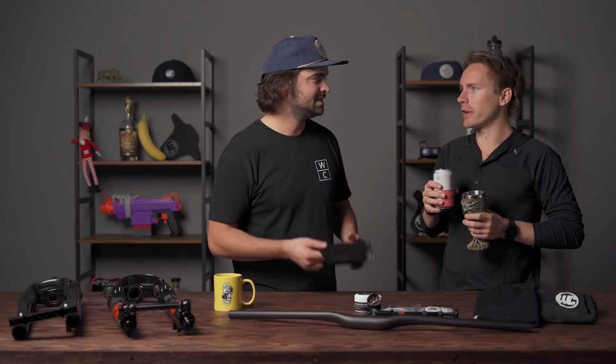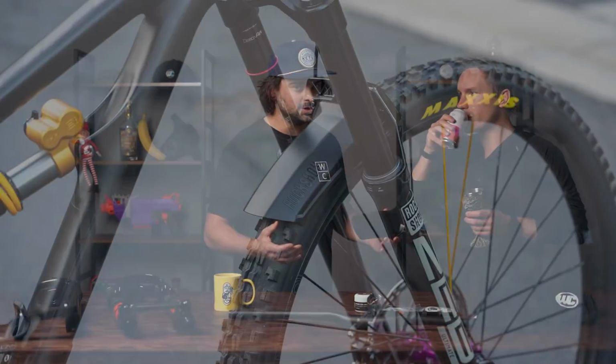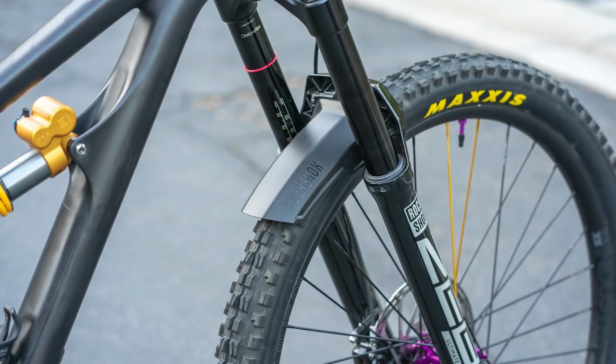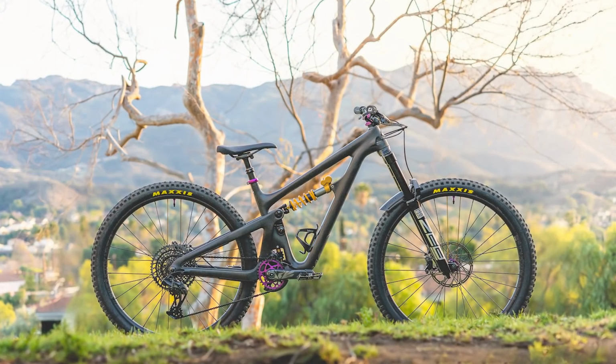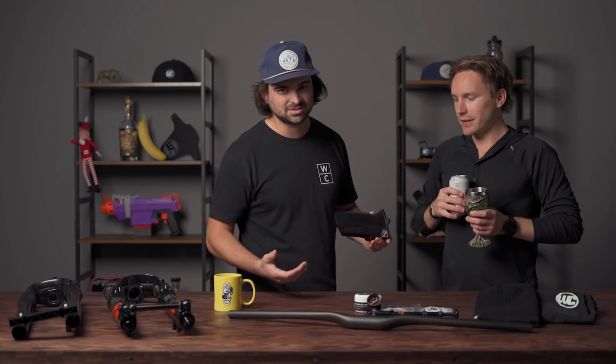About dust particles. Dust particles hit me in the eye before. Exactly. Those hurt just as much as mud. And if you've ever had a new Maxxis tire on your bike, you know the feeling of the stuff flying off the ground, flick, flick, flick, into your face. Flap, flap, flap, yep. So let me tell you, if you've got a ROCKSHOX Zeb, you should probably get this fender. It doesn't matter if you're in SoCal or...